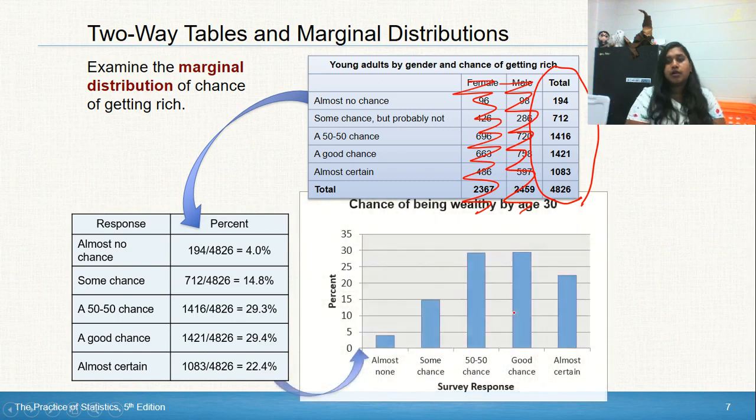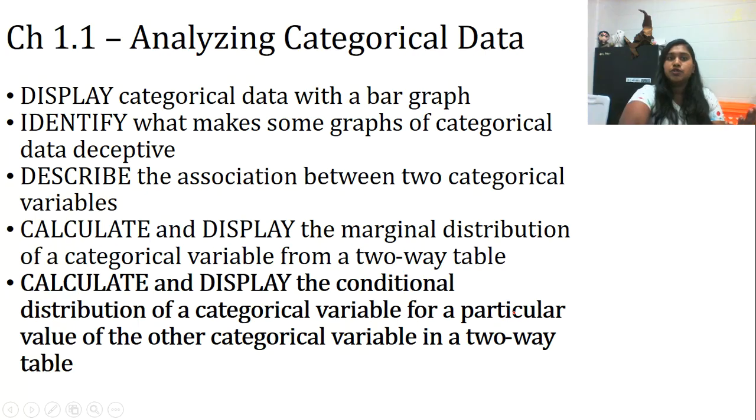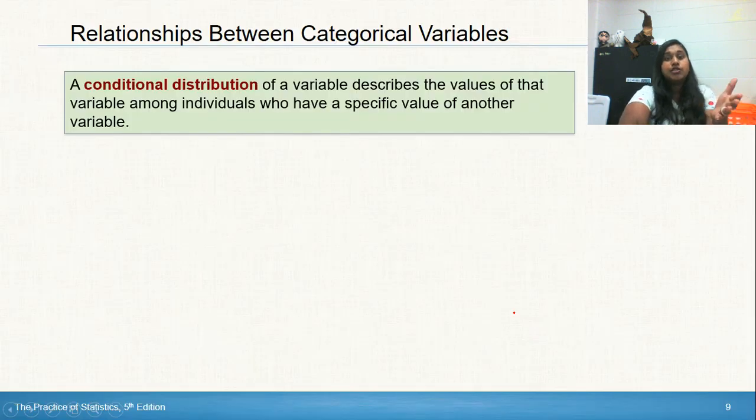From there, we can create our graph, our bar graph, and from here, now we can actually see that distribution by all of my variables. Both males, both females, what is their chance of being wealthy? And it is in percent, so it's a parts of a whole, so it's a little easier to analyze that data. Okay, but where we can actually see what is marginal distribution is where we see the versus. Marginal versus our conditional distribution. So conditional distribution is you're looking at a specific variable. In our example, that's female or male.